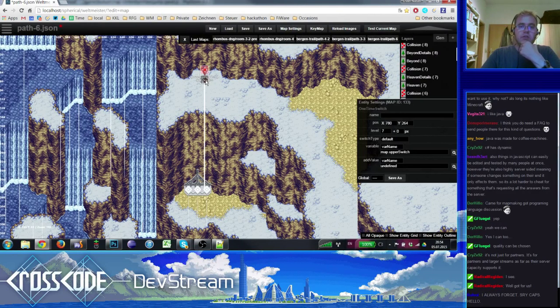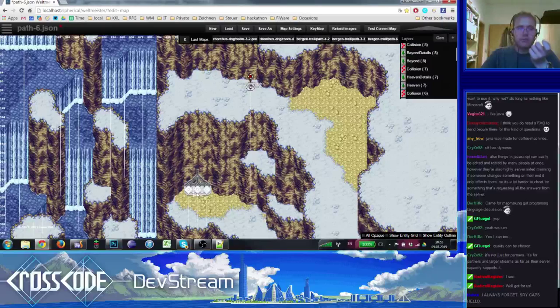So that's something we're going to change if you get around to doing this. But until then, it's just decorative stuff, really. I mean, it will work exactly the same way. And now I just added the switch and said that it should set the variable map upper switch to true. And when this happens, those things here will activate. Usually you should implement some nice cutscene to show this, but I don't think I will do this in the stream right now, maybe later.